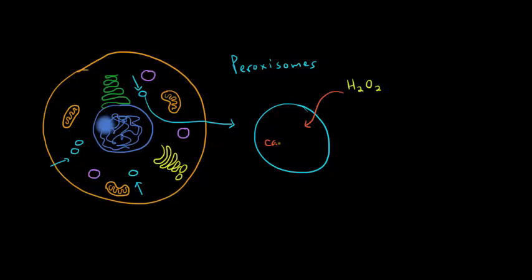And each peroxisome has an enzyme known as catalase. And this enzyme is able to break down hydrogen peroxide. So let's write out the reaction. Hydrogen peroxide in the presence of the enzyme catalase will become water and oxygen. I'm just going to put a half there to keep the ratio correct. So peroxisomes protect the cell from the damaging effects of hydrogen peroxide by isolating it and by then breaking it down into water and oxygen.